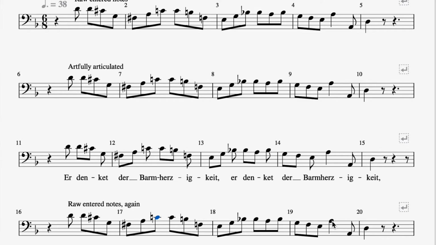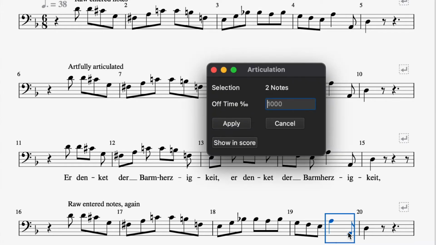Now, let's take this octave drop. Whenever we see an octave drop, bom, bom, bom, we should make both notes short because this bom, bom, bom. Let's listen to it as it stands. Not good enough. Let's make them both 900.